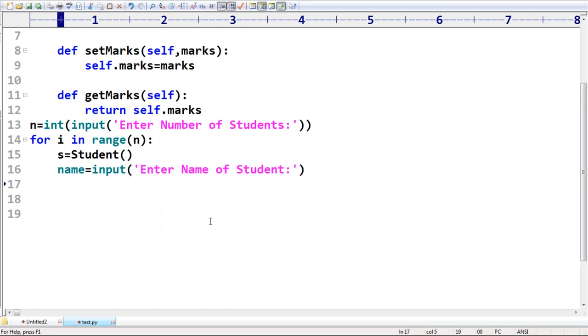Once you enter the name, what method do we require to call? s.set_name(name). Observe that we created one student object, I'm reading the name from the keyboard, and s.set_name sets the name property of the student object. Similarly, what is the next one? Name is already set. What is the next one? Marks. marks = int(input("Enter